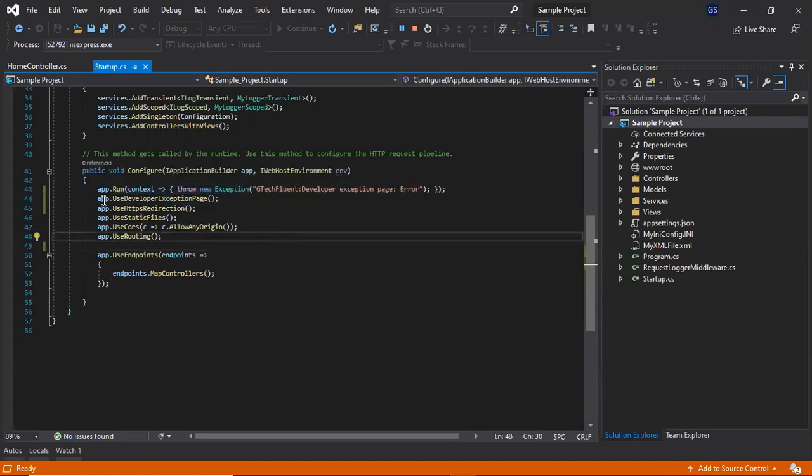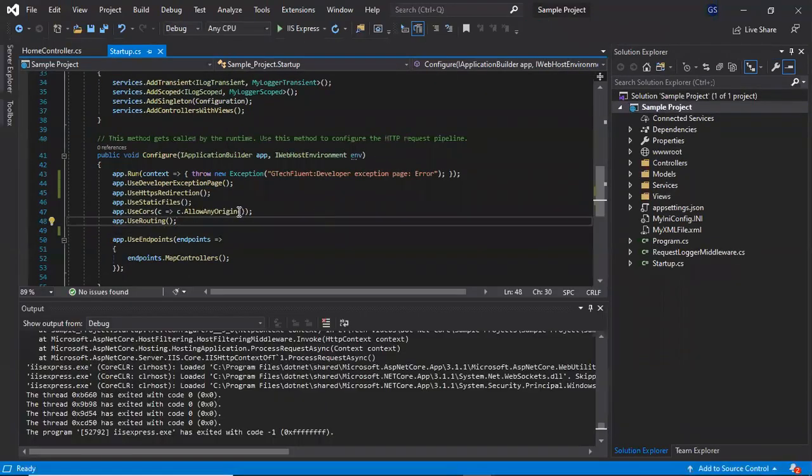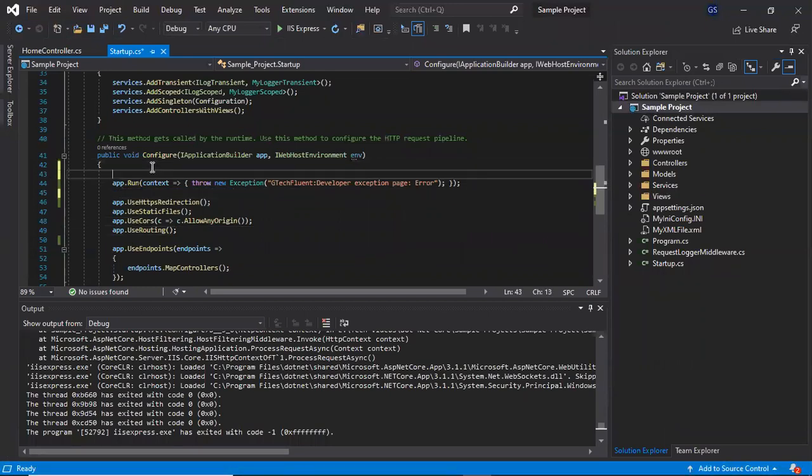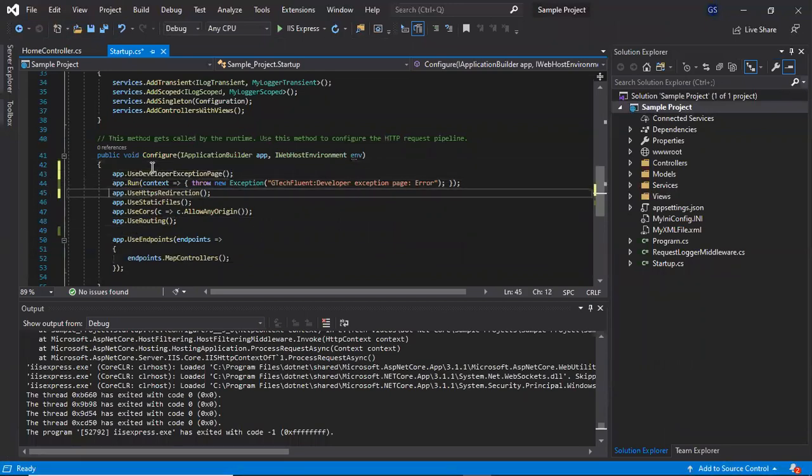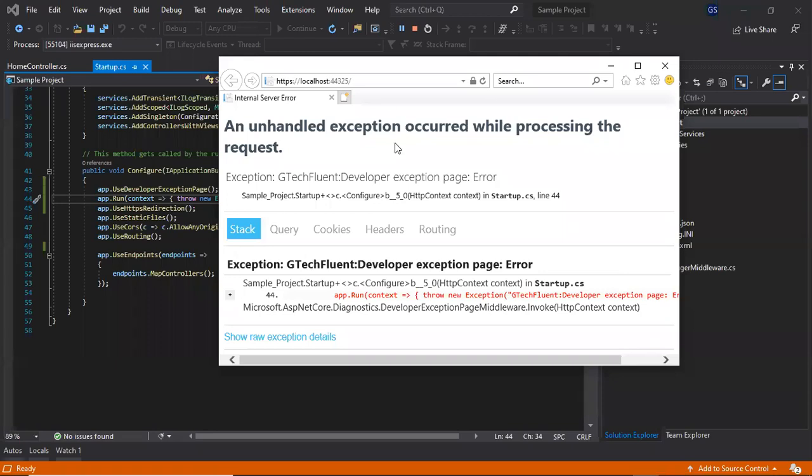We need to make sure our developer exception page is added before any error occurs or any request is served. So let's correct this. Let's move our developer exception page above our exception. Now let's run and see. Now we see the developer exception page as expected.